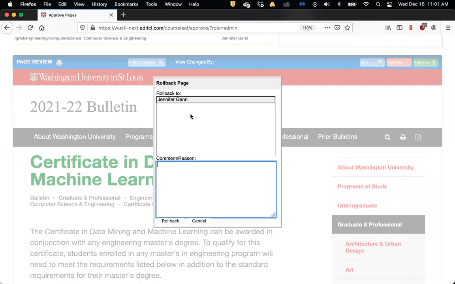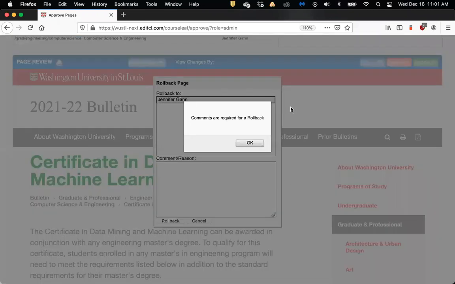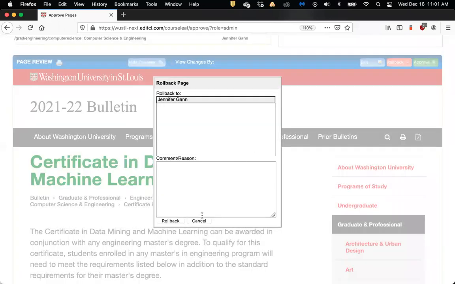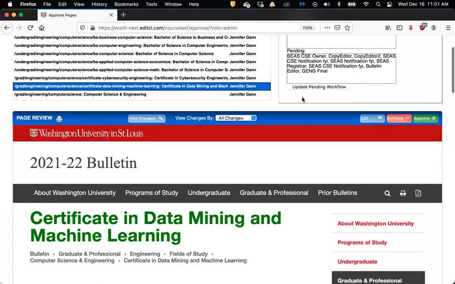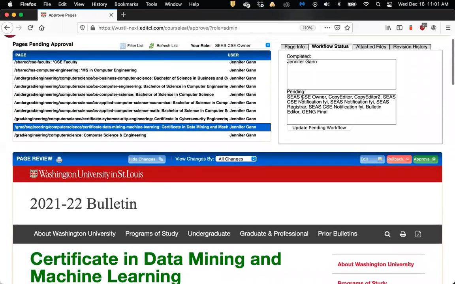If I open the rollback box, click on that icon and hit rollback, it's going to give me this message saying comments are required for a rollback. So I want to say why I'm sending it back. If you do a rollback, it will get sent to the author, and then it will come back to you, so you're being asked to review it a second time.